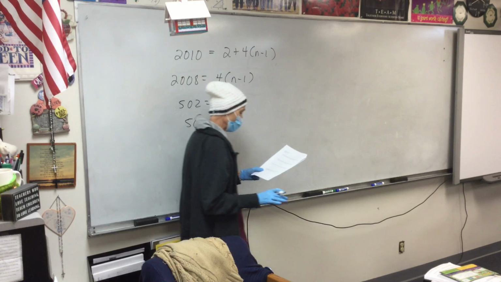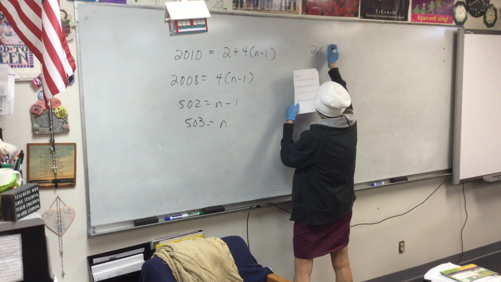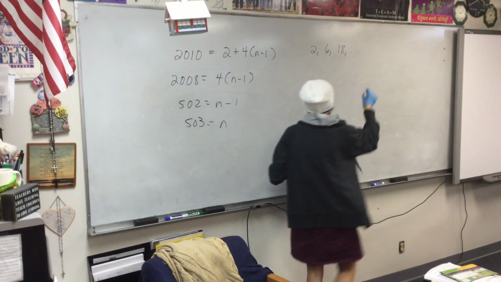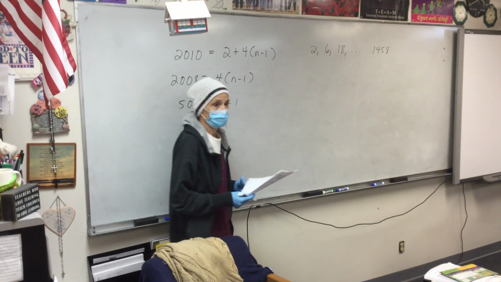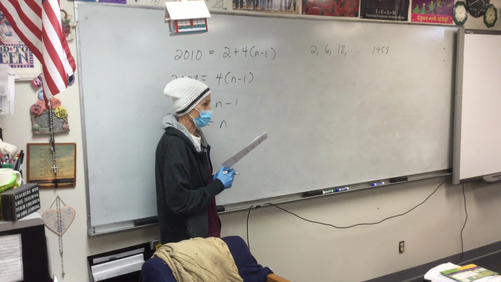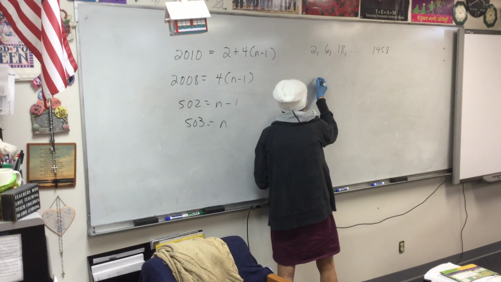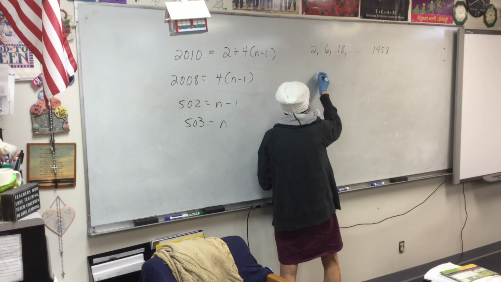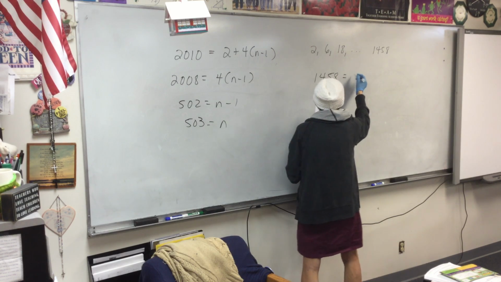Now, number 4 is a word problem, but it's kind of the same thing. She's got 2, and then 6, and then 18. On what day will she chew 1458? So we want to know which term is 1458. This one's geometric, so set that up for me. What's that going to look like? What am I going to write? 1458 equals 2 times,